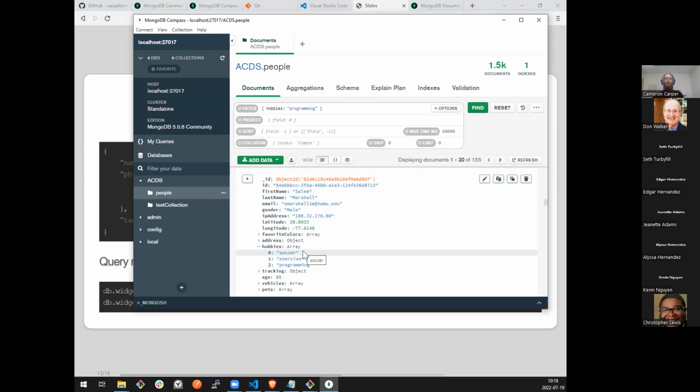It doesn't have to be an array, because this is the exact same way we queried just a plain key field. So if there was another document in this database that had a basic key named hobbies and it was assigned the string of programming, that would match as well. It's nice because it's super flexible and allows us to easily search inside of arrays, but you have to keep in mind that if your data is not well structured, because it doesn't have to be, then you can run into situations like that.